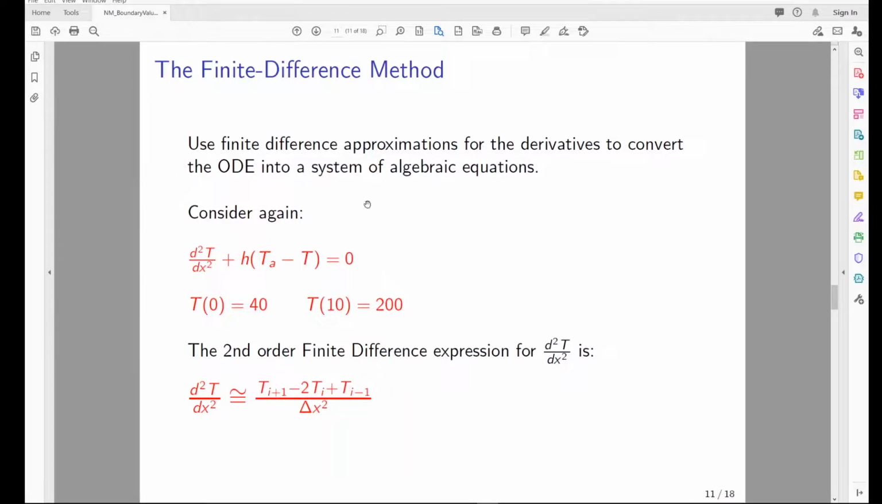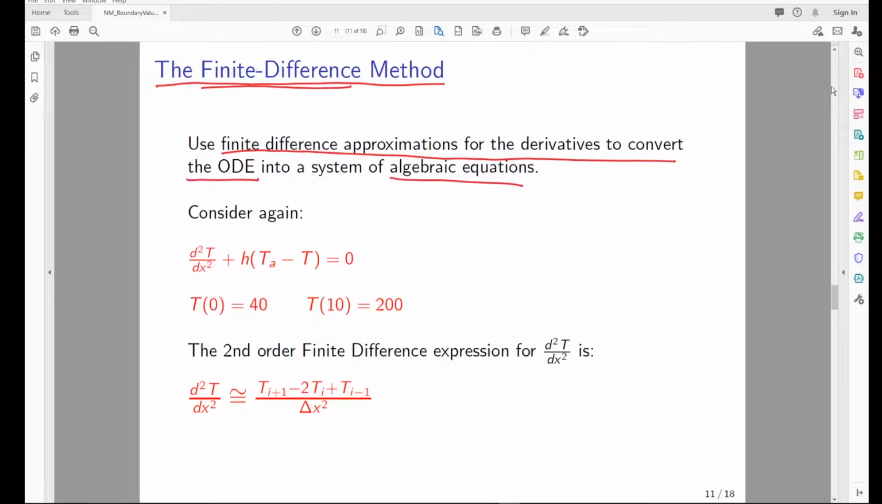The second method that we use to solve boundary value problems is called the finite difference method. And you should probably recognize that finite difference has a lot of callbacks to our previous approximating derivatives with a finite difference, because we didn't want to do the hard calculus of trying to remember all of those different ways of figuring out derivatives of different equations. And so, very similarly, we use finite difference approximations for the derivatives to convert an ordinary differential equation into an